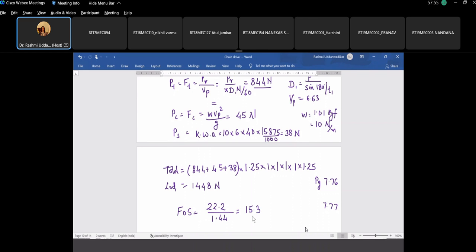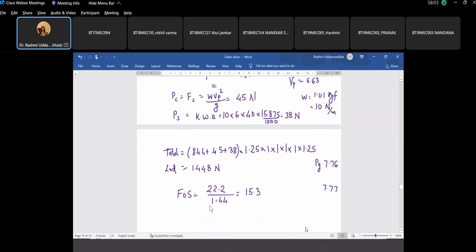And what is the range of factor of safety? Minimum value of factor of safety as given in the design data book is how much? Page 7.77. Minimum value of factor of safety for pitch 15.8, for smaller sprocket rotating at 1000 rpm. The minimum value of factor of safety is 11 and our factor of safety is greater than 11, which means this is very safe